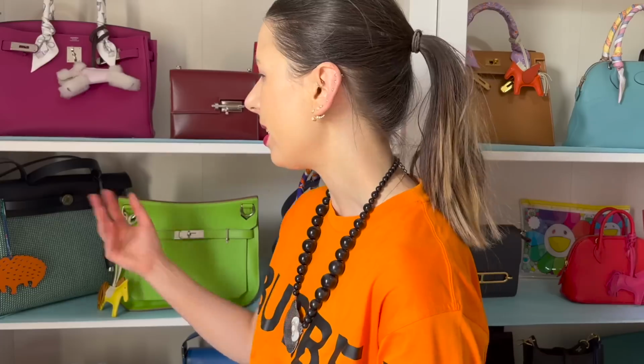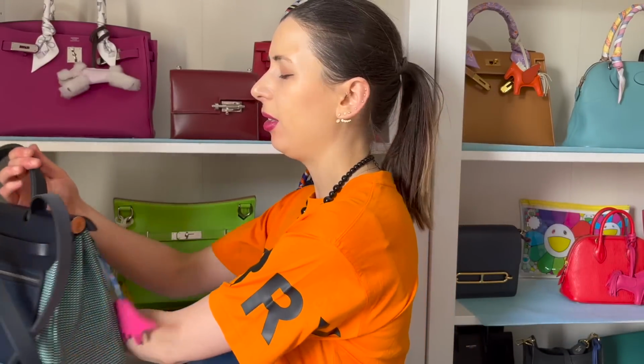But I find for me personally, I sometimes buy bags that are very impractical, and I don't know, as long as they can hold my stuff, then I love it. I have 5 handbags I want to share with you today that I think are a little bit annoying. Honestly, a common one that a lot of people dislike is the Bag 31 or the Her bag